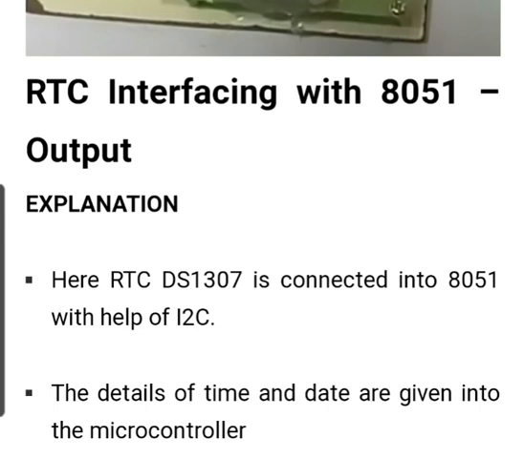Then details of the time and date are given. The keypad is used to set the time and date and alarm. Then the LCD is used to display the time and date.